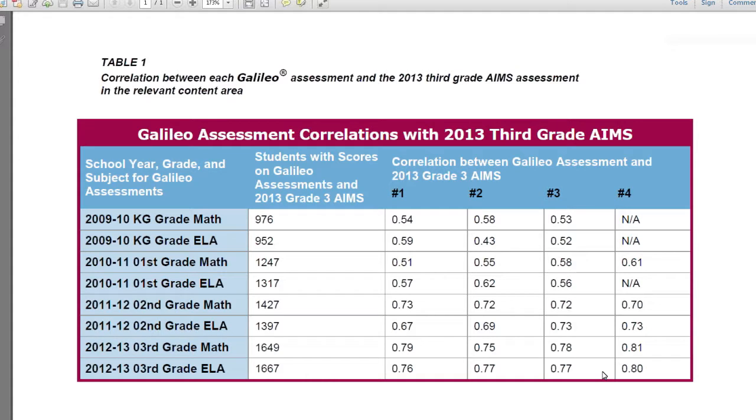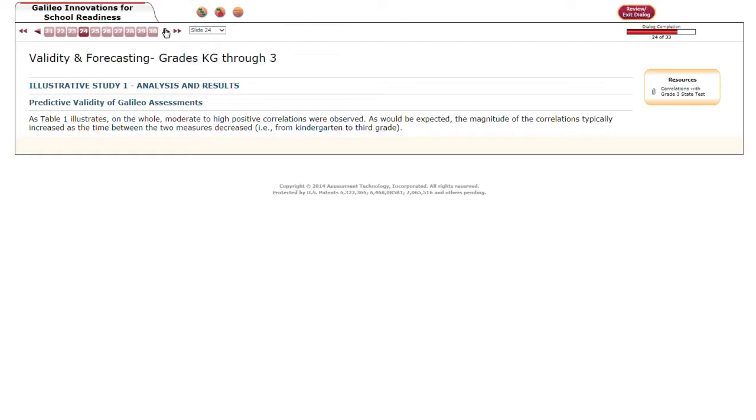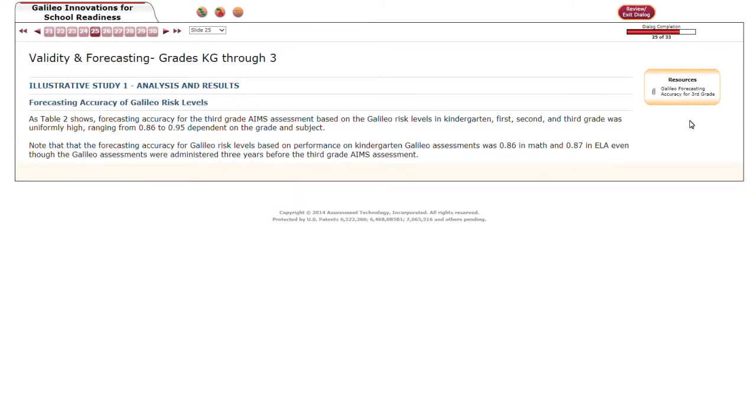And by the time we get up to contemporary Galileo assessments administered in the same year as the statewide assessment, you can see that they're very strong correlations. So this suggests a strong relationship between Galileo assessments and the statewide assessment. In terms of forecasting accuracy,